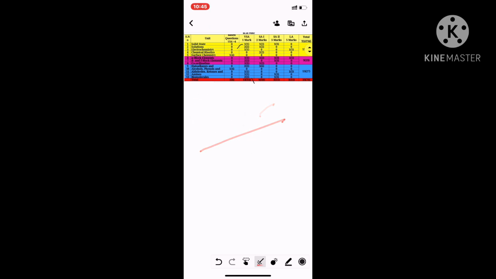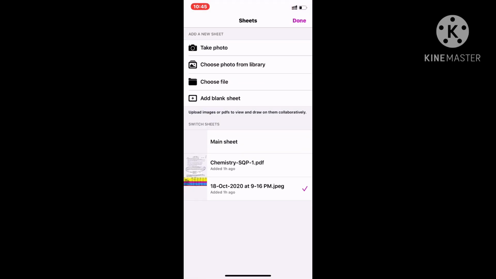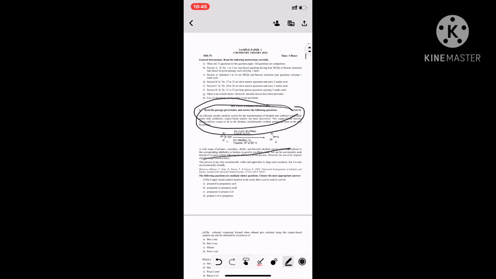So this was the CBSE analysis from my side. I hope you will see this and prepare accordingly. However, all the papers which will be taken will be based on this sample paper only, and pre-boards will be conducted on this basis only.